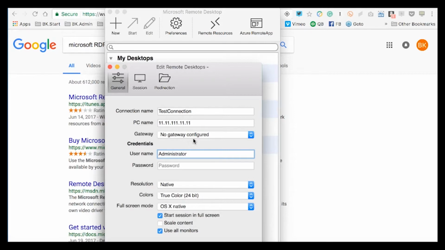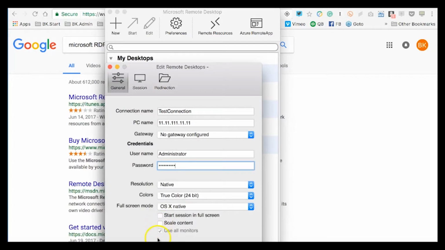I do have one VPS I'll show you that has a different username, but they'll tell you what the username is. And then they give you the password, and you put in the password. Let's just put in a fake password, right? The last thing you need to do, especially on the Mac, is to make sure that you unclick these buttons,